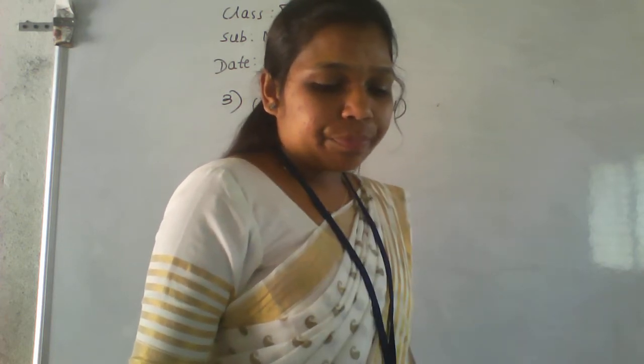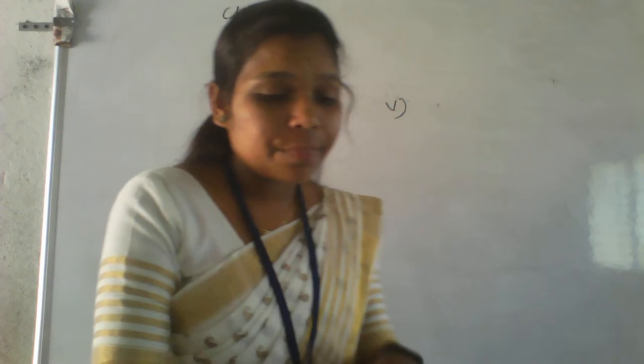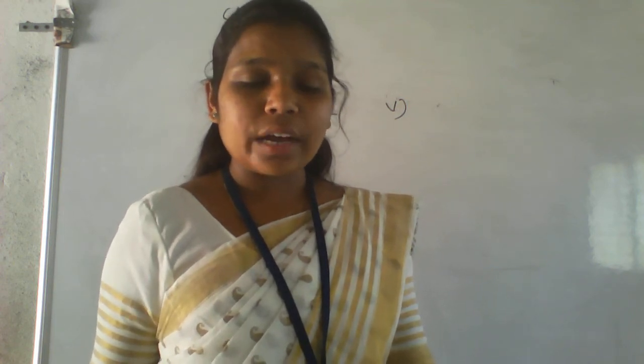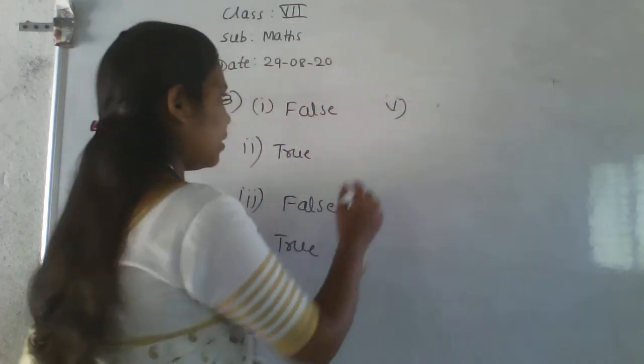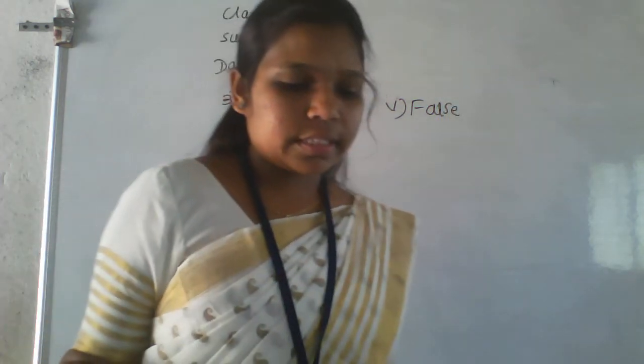The identity element for division for a collection of integers is 1. Is that true? No, it's not true, because under division no such property is satisfied. How can it have an identity element? It doesn't have any identity element. Only multiplication has the identity element, but division doesn't. So it is a false statement.